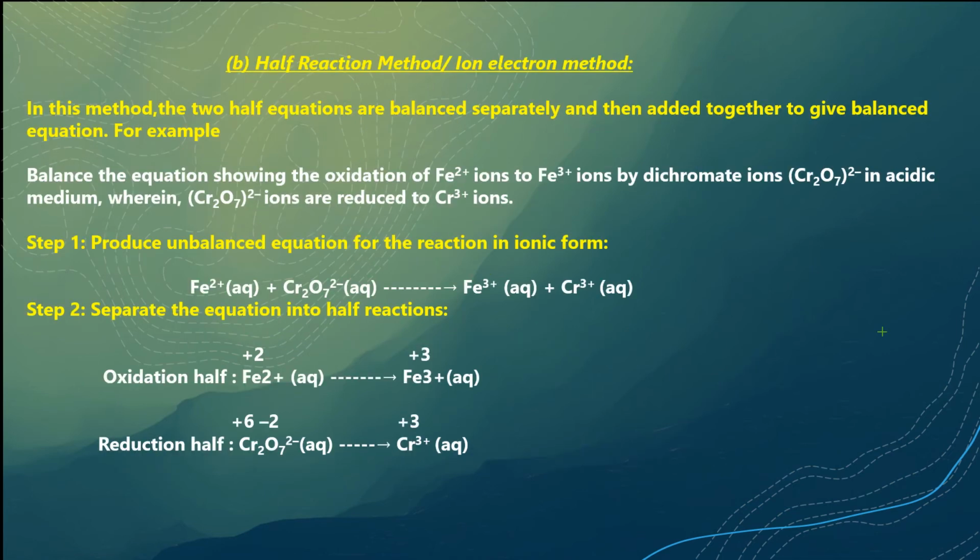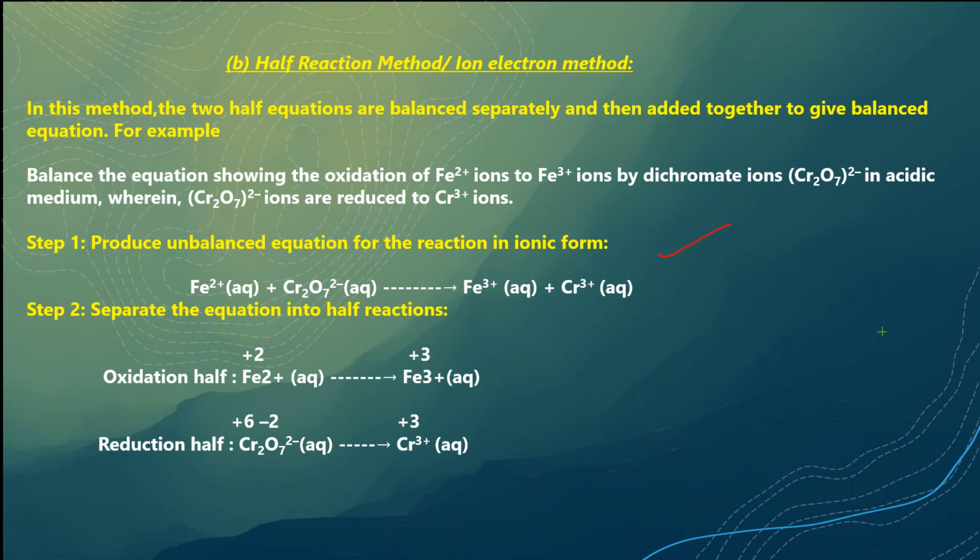Now let me tell you the other method, half reaction method, which is also called ion electron method. In this method, the basic technique is the same. You have to identify what is getting oxidized, what is getting reduced, and then make the electrons lost and gained equal. But the only difference is in the beginning, when you write the ionic equation,